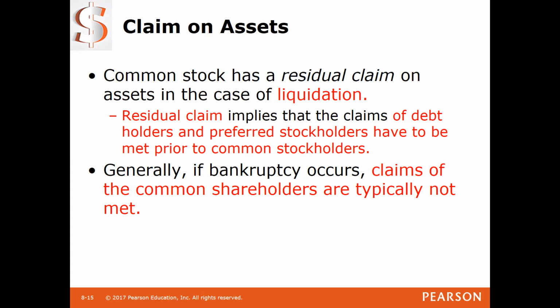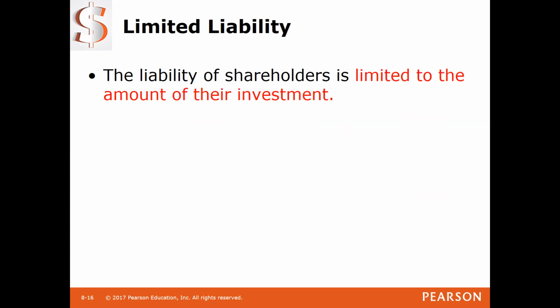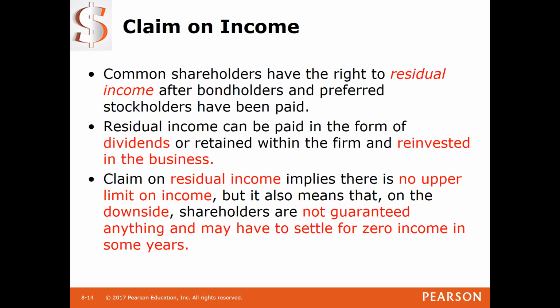This concept, or the notion that the common stockholders are the last in line and they will get paid after everybody else is paid off, is explainable using a fancier, more formal term: residual income. Common stockholders are entitled to everything from the residual income, and this residual income can be paid in dividends or retained within the firm. That means after all the obligations are met, some money is left over from the company's profit. So then the upper management of the company can choose to disperse some of that as dividend to their shareholders,